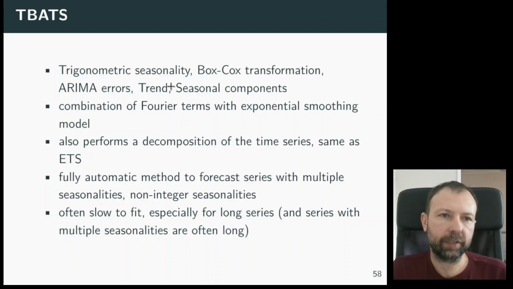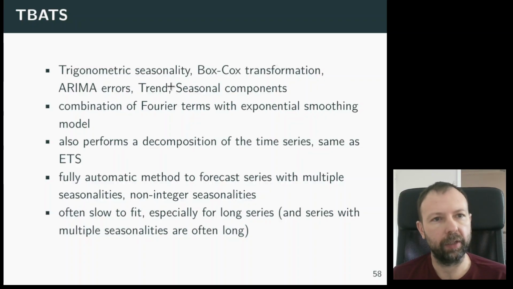Okay, so as I've just said, these methods do not work for multi-seasonalities. So something like you have a daily series, or you have an hourly series that has a daily, weekly, and yearly seasonality. So you could have 3 different seasonalities in one series. So there is where, for example, TBATS would be the